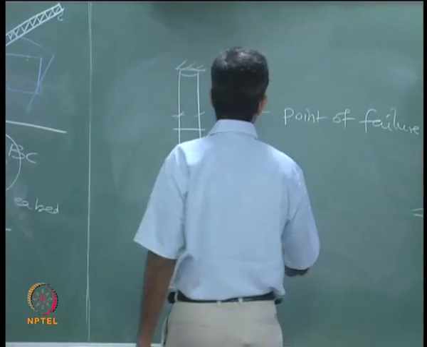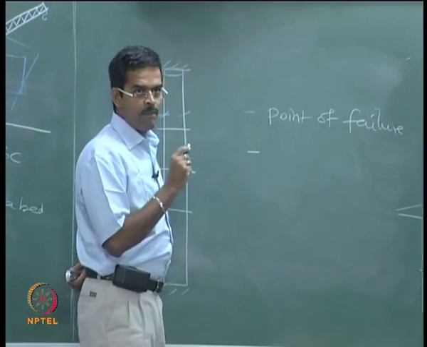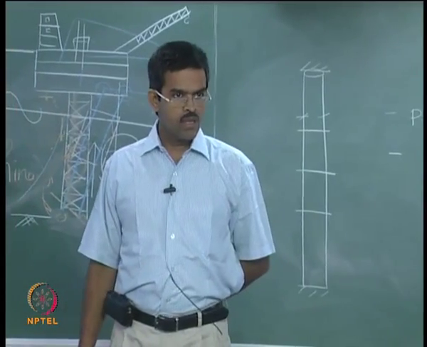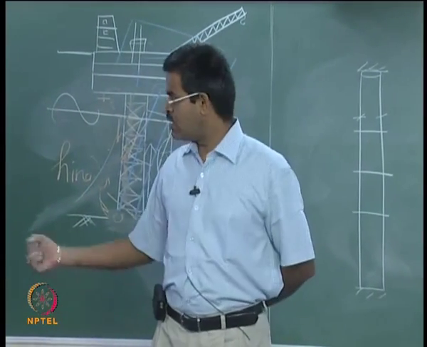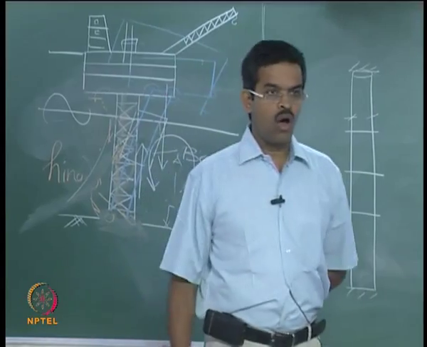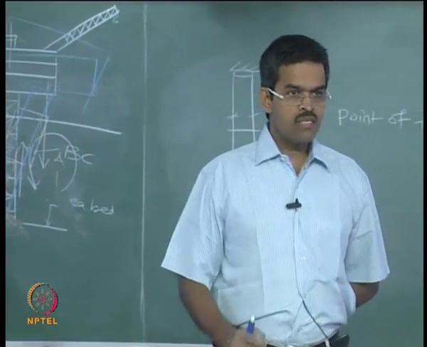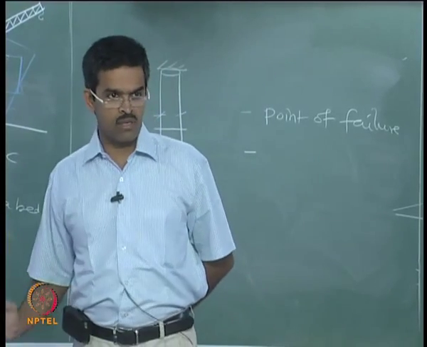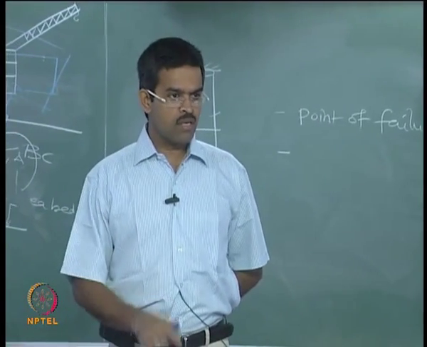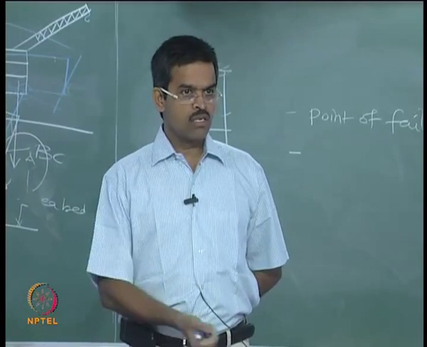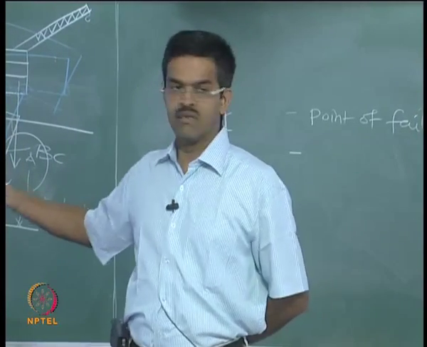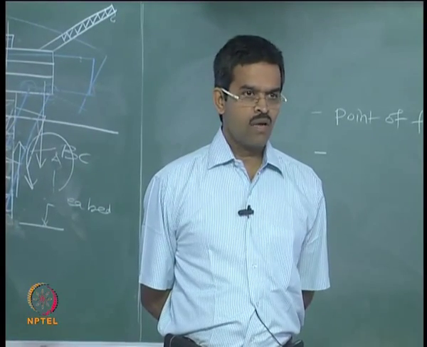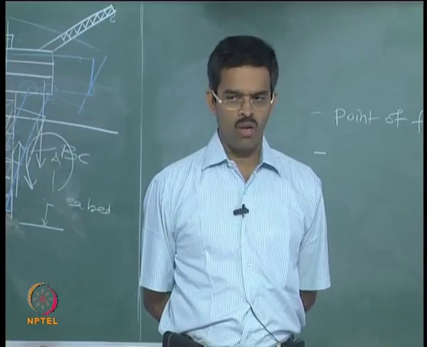What is the second problem? Okay, very interestingly, if the cable gets pulled off either from the sea floor or from the fair lead, it gets disconnected from the tower. The moment the cable gets disconnected, the tower has no capability to restore its position under the lateral force, because the whole action in this problem is only from the cable. If the cable does not exist, the tower cannot come back to its normalcy, the tower will fall.